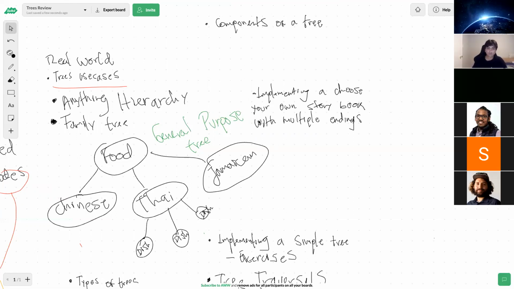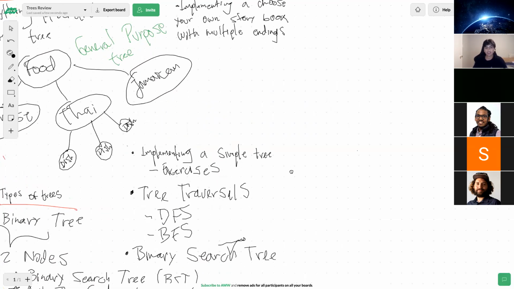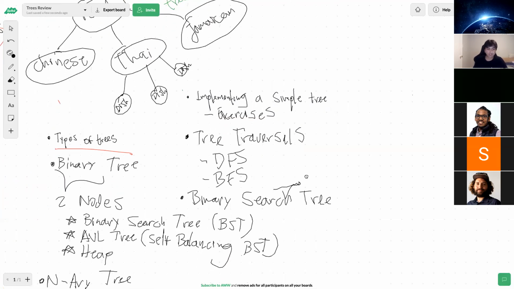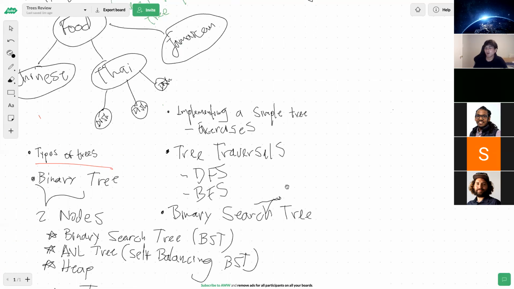Okay, let's get then into some code. The next step will be implementing a simple tree and doing some exercises there. Again, we are going to be dealing with binary trees today only. Binary trees and binary search trees are the most common trees.